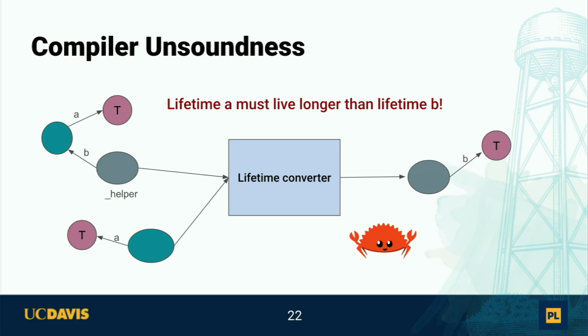And then it returns this variable with an annotation b, but our annotation was initially static. So what we did was we took something that had a limited lifetime and changed it into something that has an infinite lifetime, like for the entire duration of the program. And this can lead to dangling references.